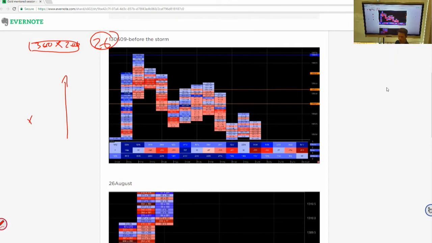Now, what you want to learn to develop with the footprint is the interpretation of two concepts. One, initiative, and two, responsive behavior. Initiative is where someone takes the initiative. So a buyer steps into the market and he initiates a buy order through the market. So what would that typically look like? Well, let's say I'm a buyer, okay, and I step into this market. And I've got price 7, 8, 9, and 10 on the left, right?